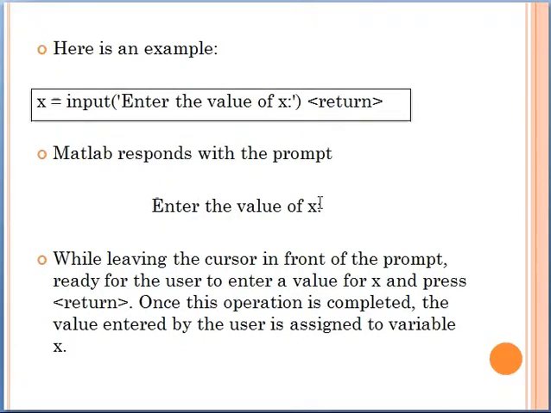After this output, you have to type the value of x, whatever you want, from your keyboard, and that value will be assigned to the variable x. The cursor is left in front of the prompt, ready for the user to enter a value for x and press return. Once this operation is completed, the value entered by the user is assigned to the variable x.